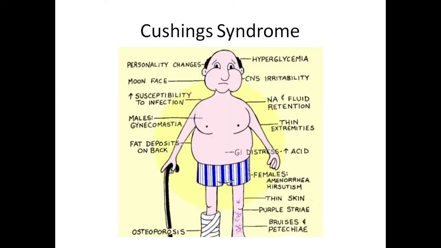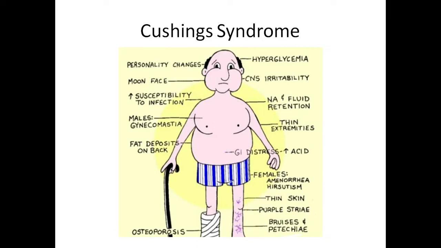Now we have two conditions of the adrenal cortex. One is Cushing syndrome, where there is excess production of cortisol, and these are the signs and symptoms that occur because cortisol production is high. We also have another condition, Addison's disease, where the adrenal cortex is not producing cortisol. Cortisol, as I told you, is a stress hormone which is used to prepare the body for any stressful situation. So both these conditions cause severe problems in life and need to be treated.